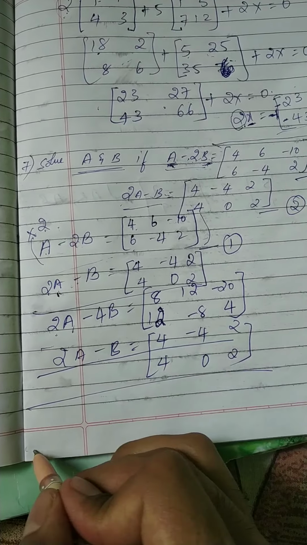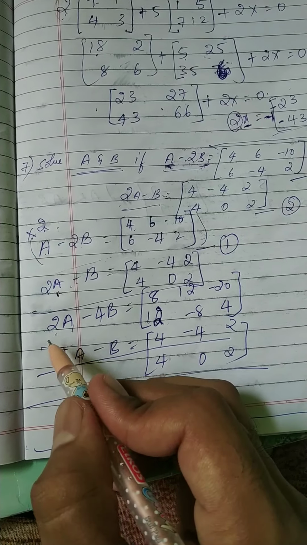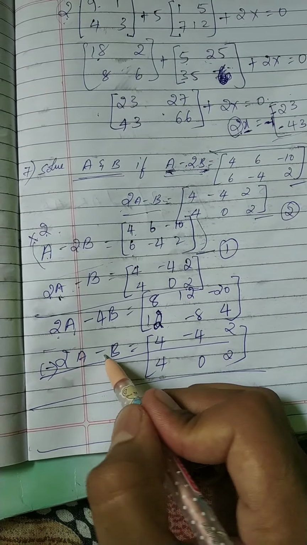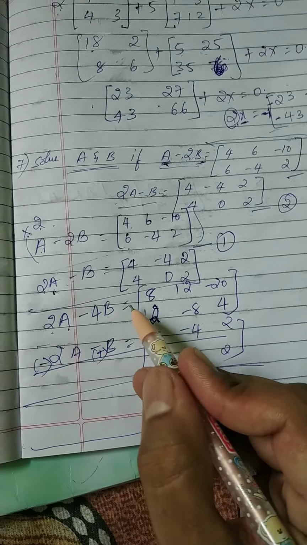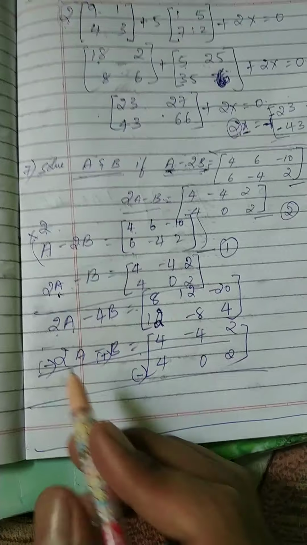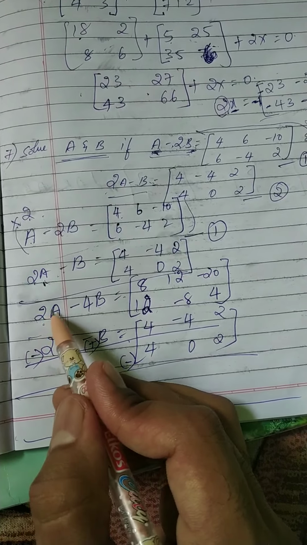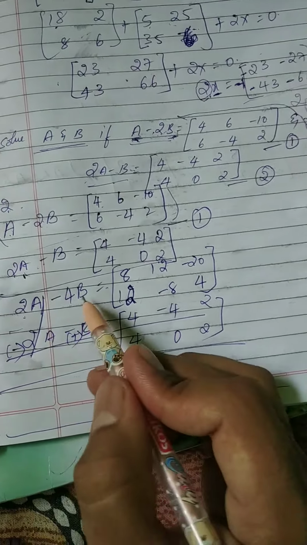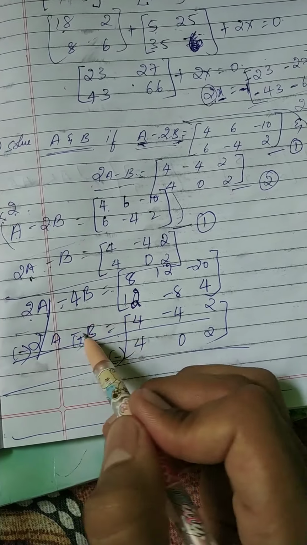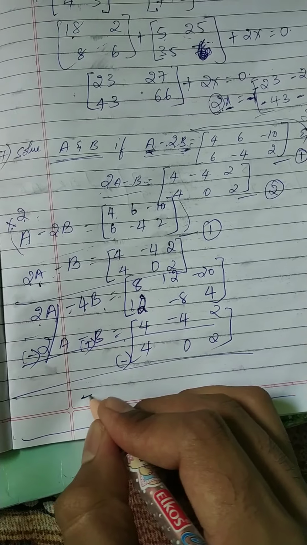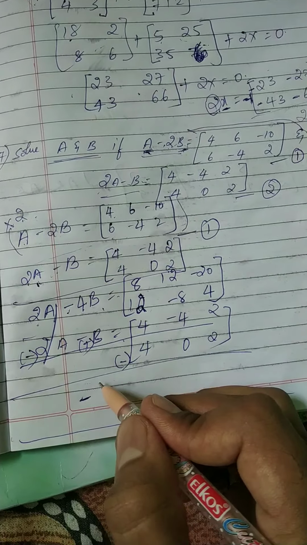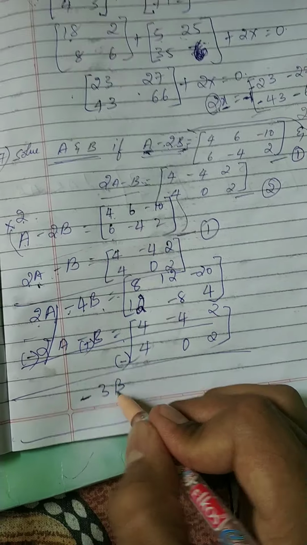Now we can solve this simultaneously. Okay, how will you solve simultaneously? Obviously we know, if it is plus and plus, we write it minus, and minus and minus, make it plus. Obviously this is plus and plus, so you are supposed to subtract this. Now look carefully. Plus 2 minus 2, cancel. Minus 4 plus b. Minus 4 plus b is what? What is minus 4 plus b? So it is minus 3b.